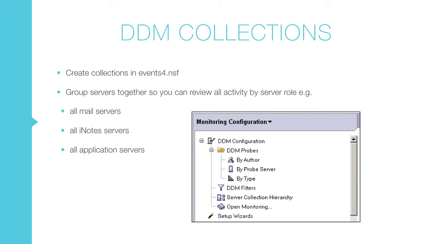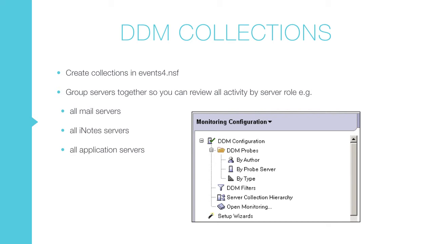It makes sense to create a collection hierarchy to group application servers together, especially if they have the same applications, because then I'm seeing the same errors on multiple servers. I can see them all in one place. So I don't tend to put all servers in one giant bucket unless it's a very small environment, but I do group servers by the role they're doing, which makes it easy for me to go, okay, I'm now going to have a look if we've got any application problems, or I'm now going to have a look and see if we've got any mail